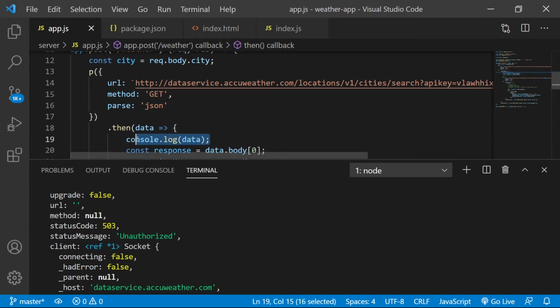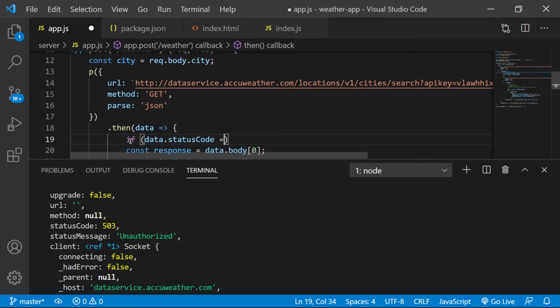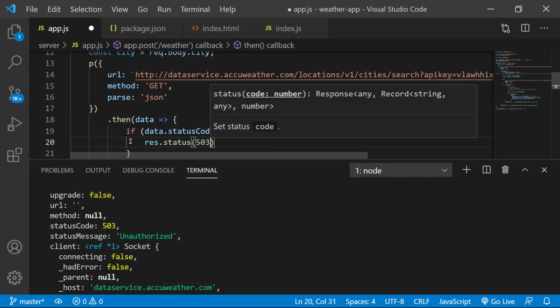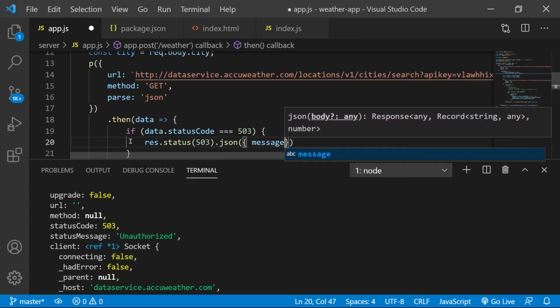So you can do something like if data.statusCode equals 503, we can send respond.status 503 JSON message,